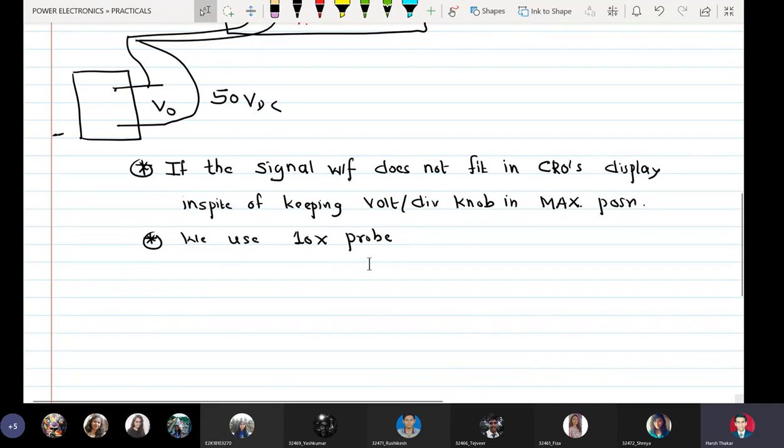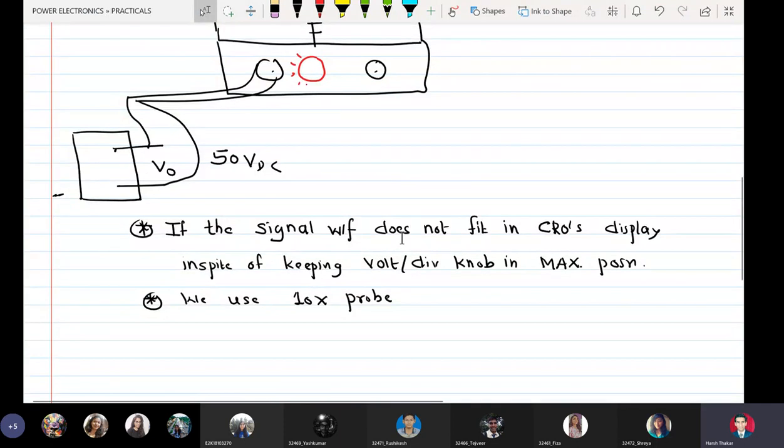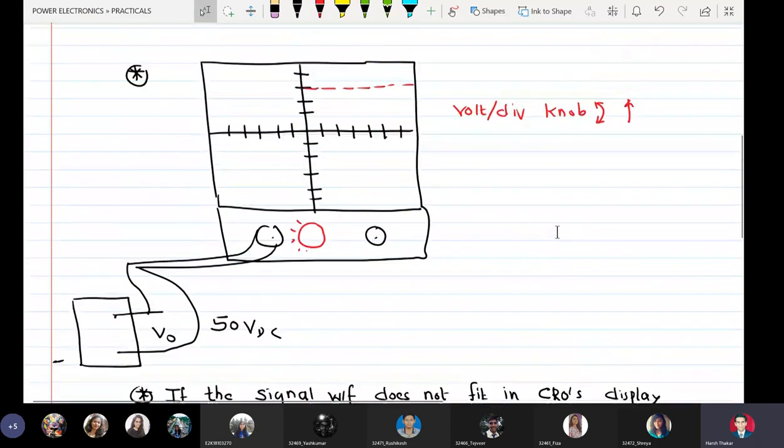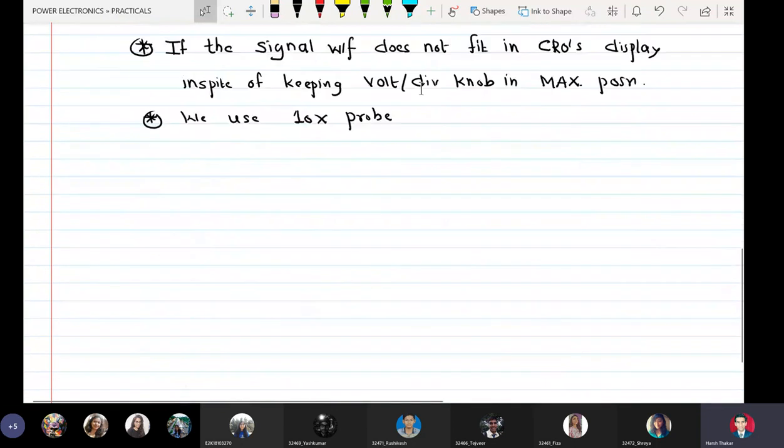Okay, now this is only the first step in displaying, but if you do not tell the CRO that I am attenuating the signal and applying it, then we will get a wrong reading. I will give an example. There is one setting in the CRO which is called the probe setting, and the probe settings look like 1:1, 10:1, 20:1, 50:1, and so on. By default, the probe setting is 1:1. So if the probe setting in the CRO is 1:1 and you have used a 10x probe, you know what the problem is. The problem is this.